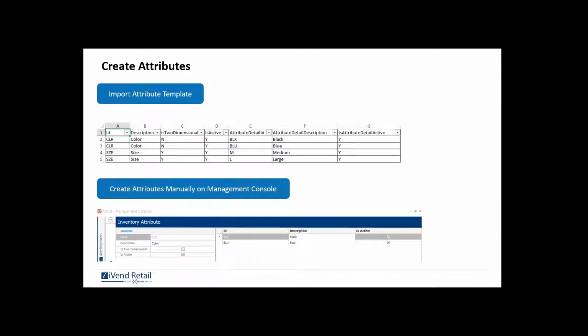Okay, so as I've already told, if we go with any of the approaches, the most basic thing that we have to do is create attributes. Now, to create an attribute, I can use either of these approaches. Either I can import the attribute template, where I'll mention the attribute ID along with its description. I'll mention whether it is two-dimensional or not, active or not. Along with it, I'll mention the attribute details and their description. Or I can